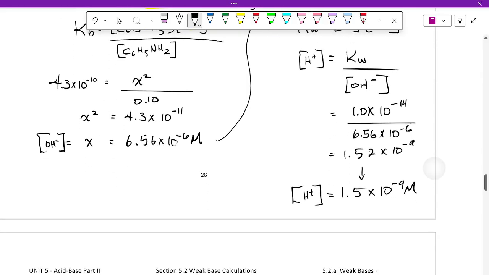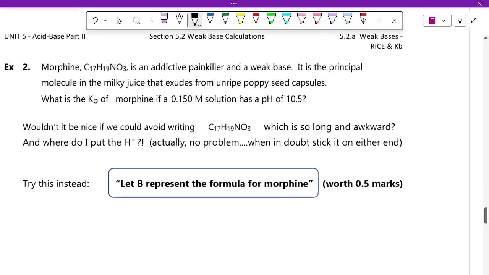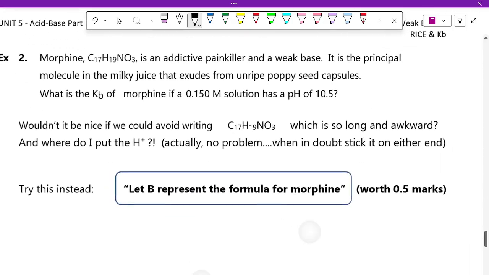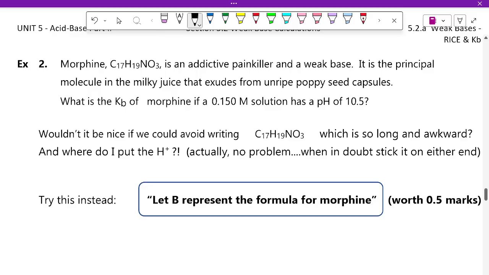Okay, now the next example, are you ready for the next example? Yeah? Okay. The next example is very, very similar, except that this time, instead of finding the pH or the H, this time we are going to be finding the Kb. Everything can just go in there. The other thing that I've done here, just to make it a little bit different, is I've